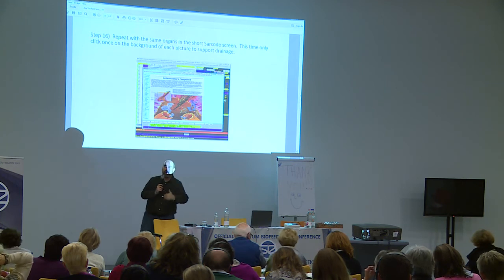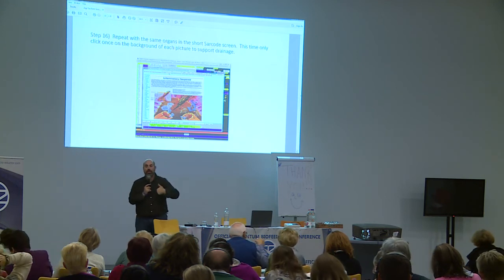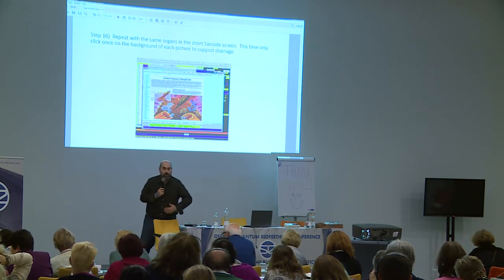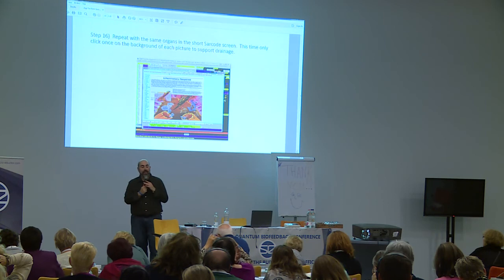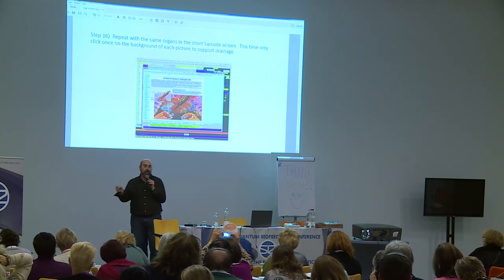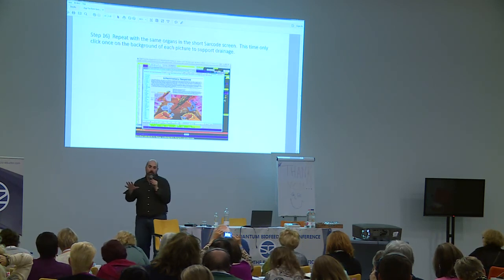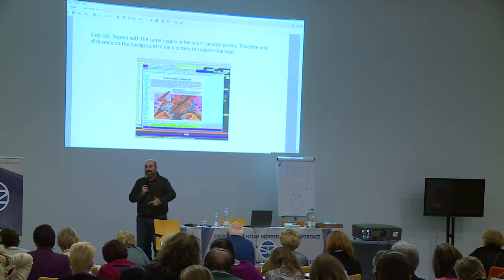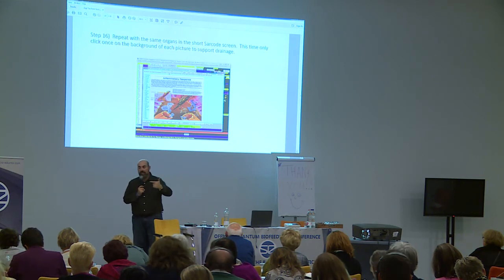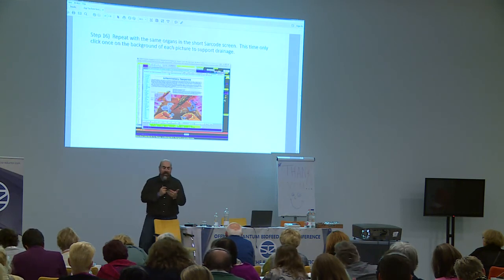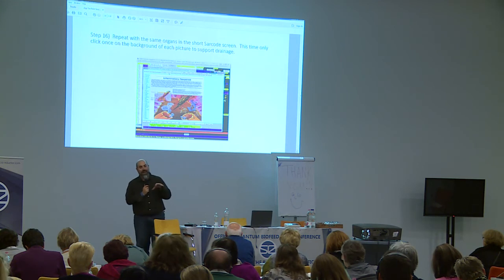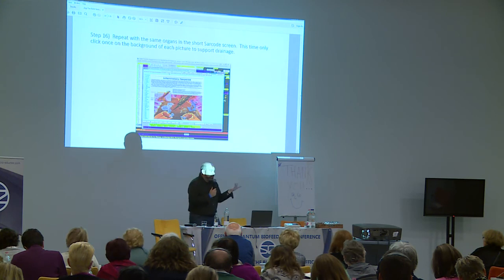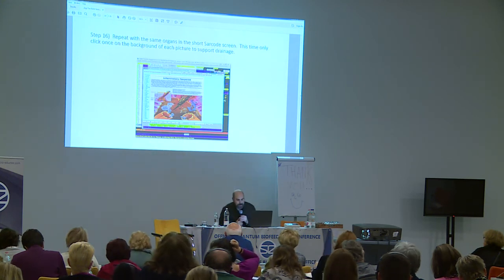Lyme 4. Then we're going to end at the end of the session with short sarcodes. In the short sarcodes, we're going to go again quickly through the organs of elimination. However, at this time, all we're doing is rinsing and draining. Don't worry about repaired values. Don't worry about any of the values at the bottom of the screen. Single click each one, lymph, liver, skin, lung, and go through it. It'll take you 5 or 10 minutes, and these protocols have been designed to clock in at roughly an hour, give or take 5 or 10 minutes.